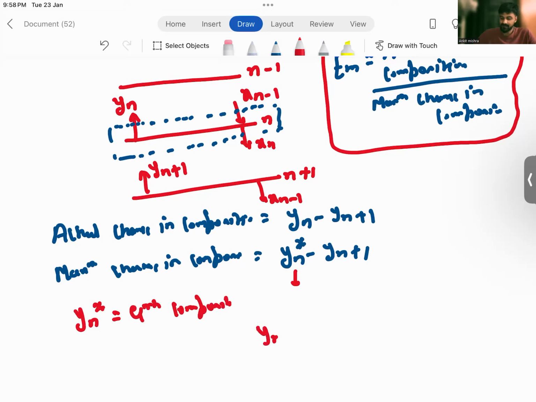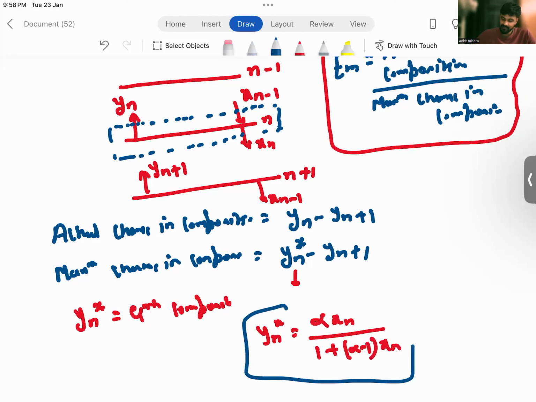So yn star can be written as alpha xn divided by 1 plus alpha minus 1 xn. If the equilibrium relation is given like that, xn will be known to you, and you can calculate yn star, right? So this is your equilibrium relation. The maximum change in concentration will be yn star minus yn plus 1,